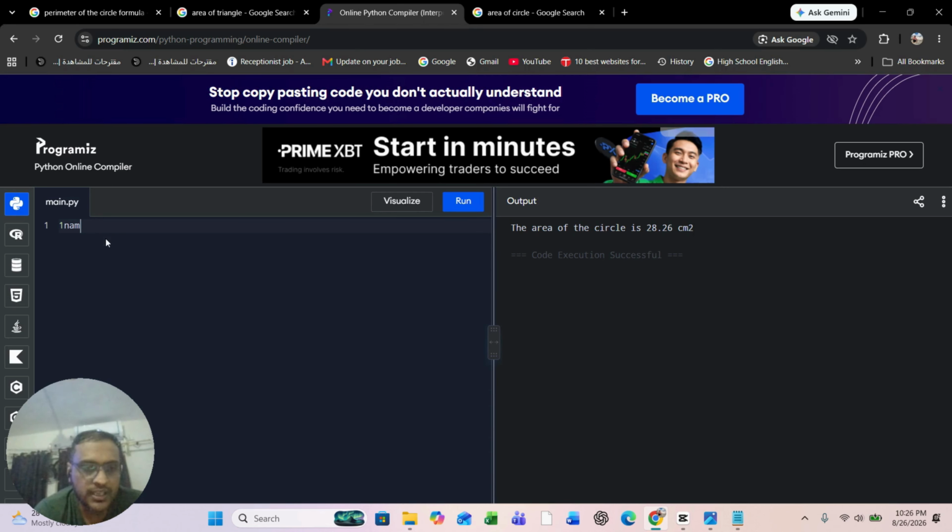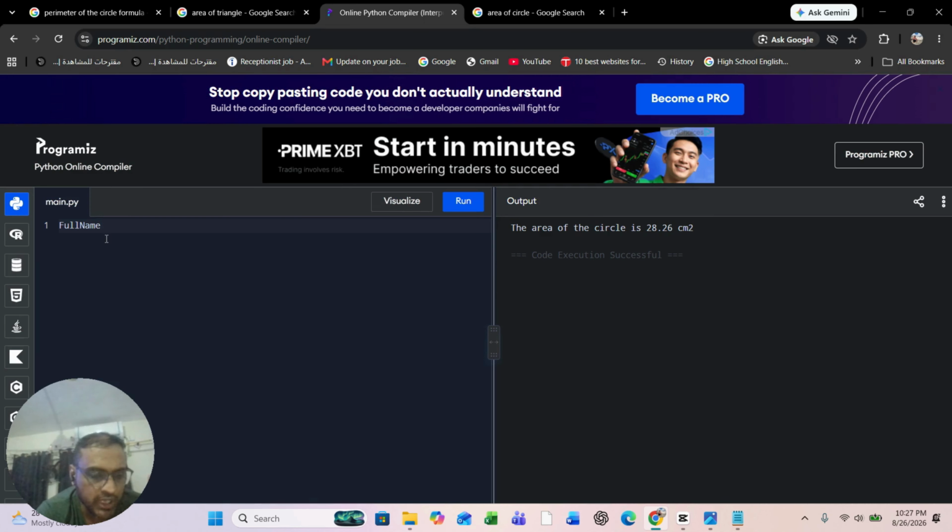Second, in case the name of the variable contains more than 2 words, there are 2 possibilities that you can initiate the variables. First is camel casing. Camel casing is, if I have to generate a variable, the name of the variable as full name. There are 2 ways to write it. First is camel casing, which means you write the full name in a way that the first alphabet of each word should be in capital form,